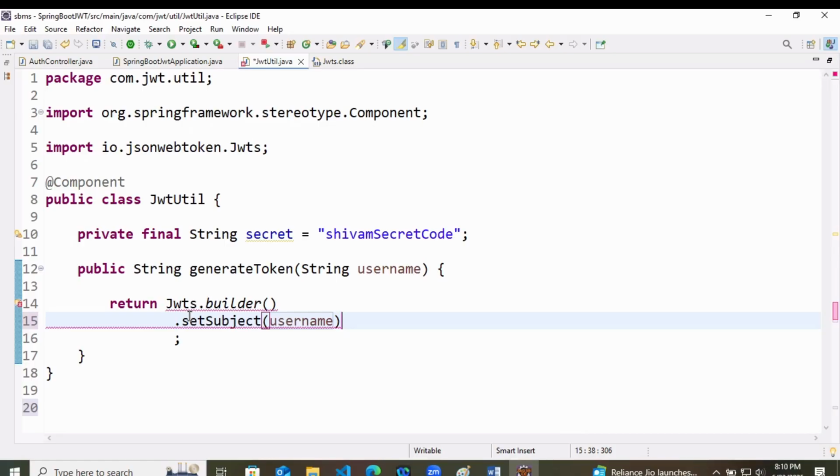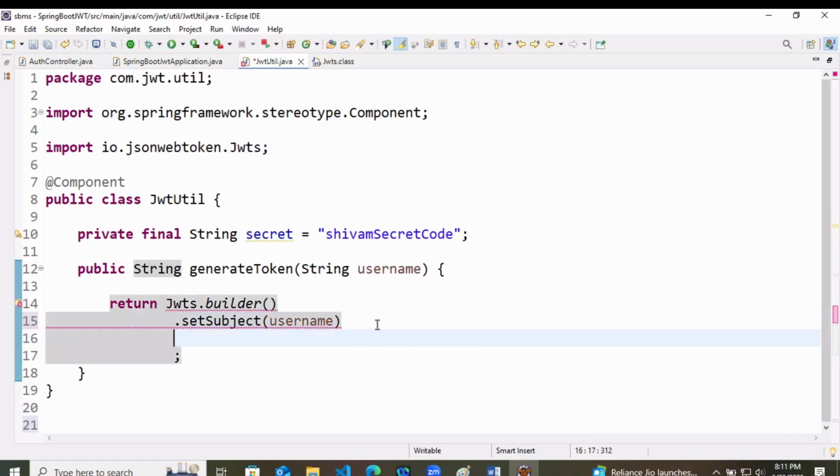No, they will say this is the subject, because they are going to perform an operation on that. Same for our JWT. For our JWT builder, the subject is the username. If you are logging in with Shivam, Shivam is the username. So here we are setting the subject to the username.